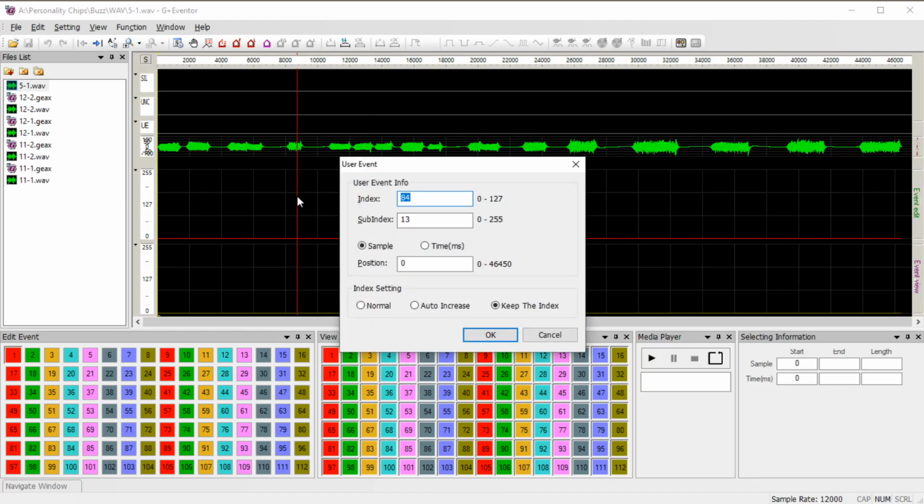And the way that's achieved is a user event taking place at position 0, but the index is going to be 80. Sub-index of 4. And I'll give away this much. If you change that sub-index value to 5, it will blink a little faster. If you change it to a 3, it will blink a little bit slower. Nope. Check that. It will